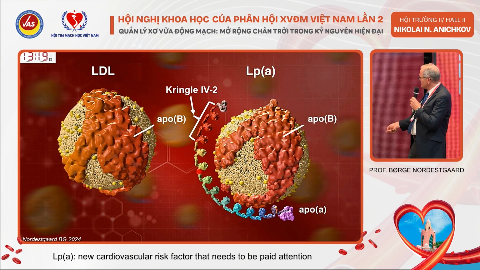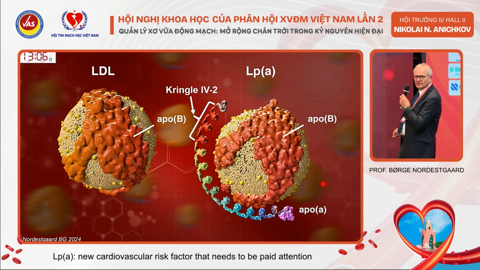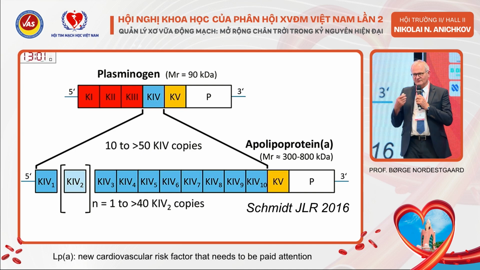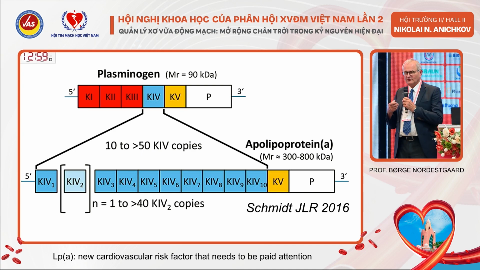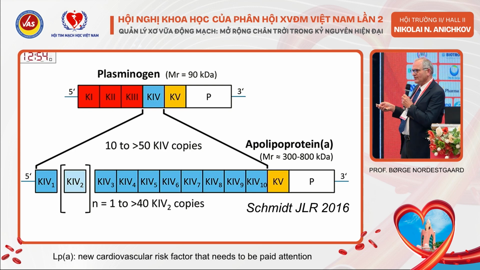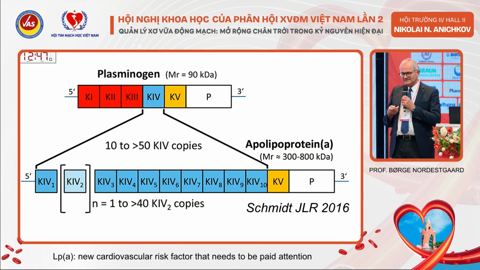And they have many, many different ones, and then it's attached to ApoB here. Particularly this one, kringle 4 type 2, you can have from 2 to more than 40 copies. So if you have 40 copies, the protein is huge. It's going all the way over here. So what was found out quite a while ago by 2 American groups was that apolipoprotein little a shown below has homology with plasminogen that we know is extremely important in fibrinolysis.